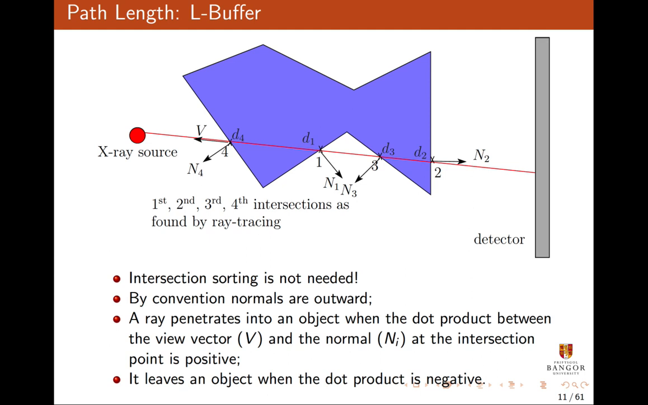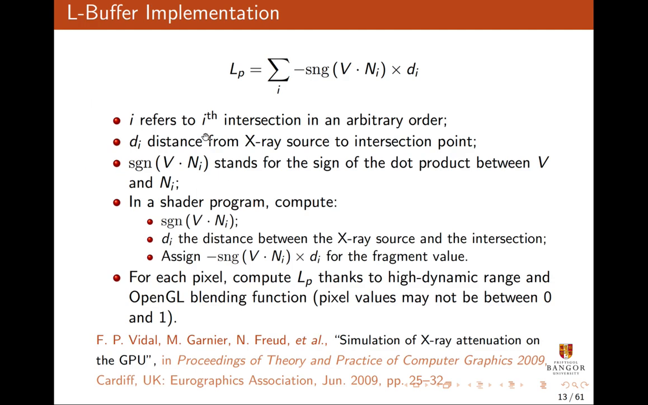So to compute the path length, we only need to solve this equation. These are given, this is given as well. We need to compute di, which is the distance from the X-ray source to the intersection point. We do all that in a shader program. Then we compute the sign of the dot product, do the product here, and the sigma, the sum here, can be efficiently performed using the OpenGL blending function, making sure that we use